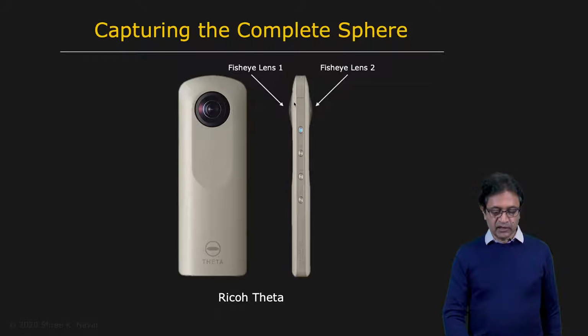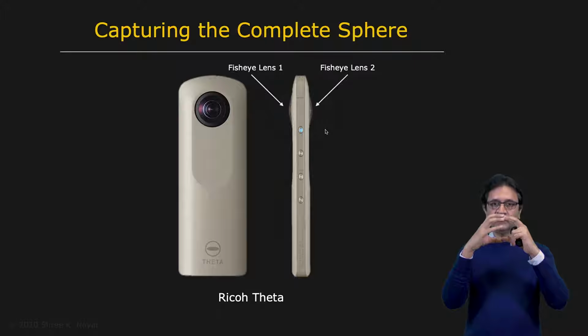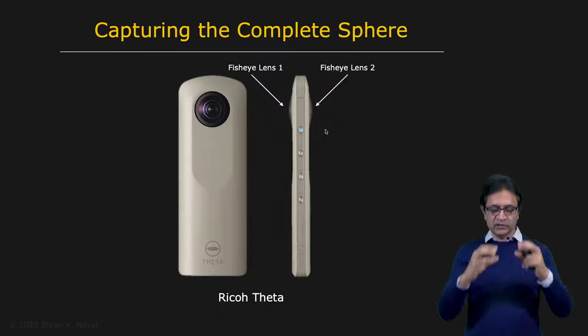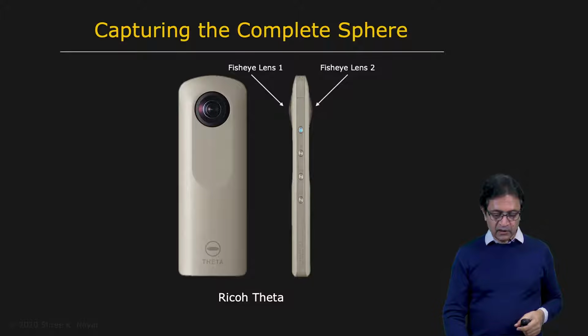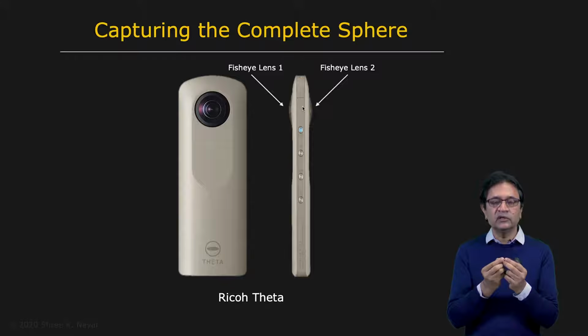And so this fisheye lens ends up seeing this part of the world, and this fisheye lens looks at the back part here, the back hemisphere, and the two hemispheres actually overlap a tiny bit. And what's nice here is that the design is such that the two have been placed very close together. That is, all the imaging hardware has been packed in between these two lenses so that the viewpoints of both these systems are close enough that you can assume them to be at the same point.